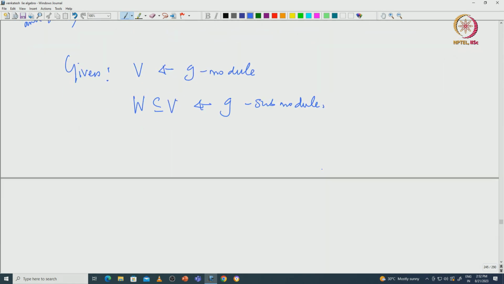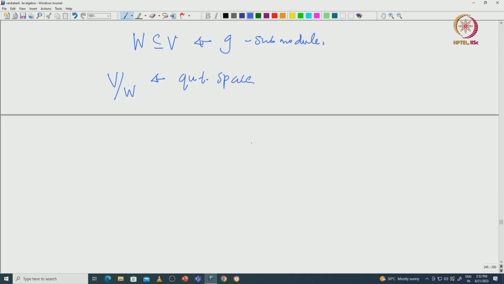So, now we have this V modulo W, which is the quotient space. We want to make this a G-module. So, how do we define it? Define the action of